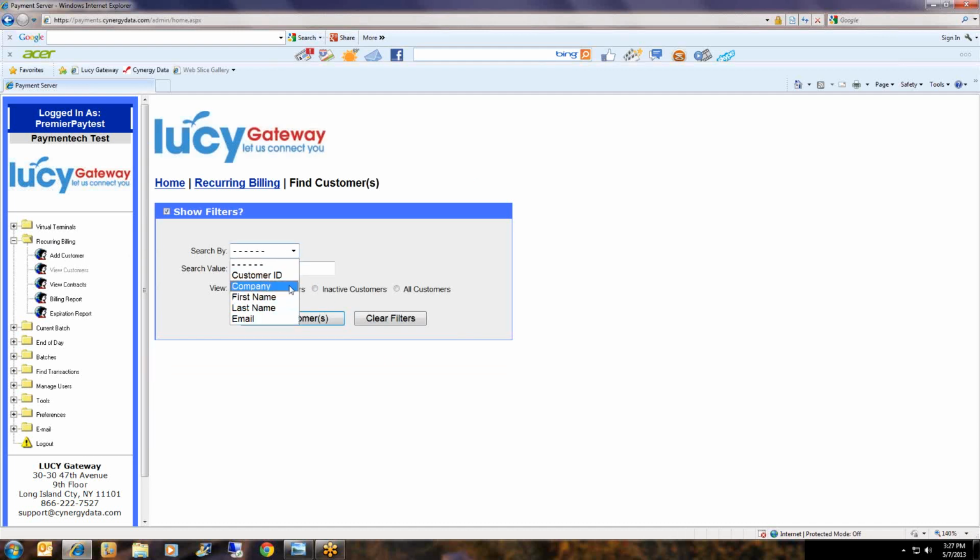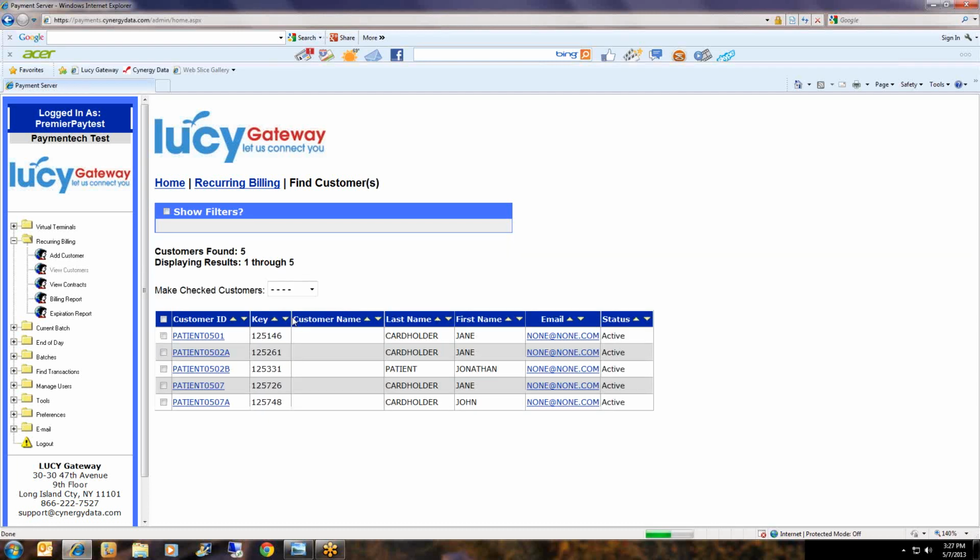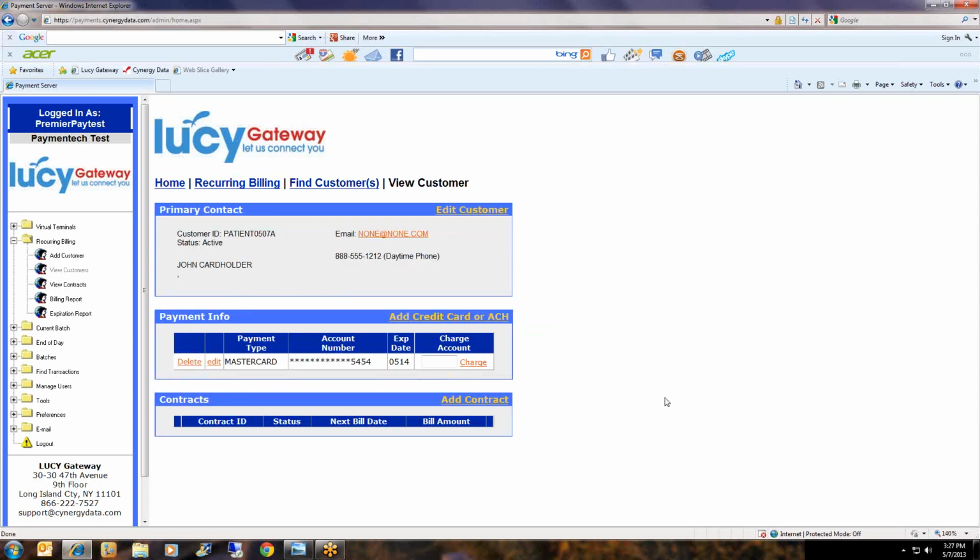However, if we have their chart number in front of us, we can search by customer ID. Now notice I'm only going to enter in a portion of the search value and click Find Customers. Any record that has that information will appear. So here we are with the correct customer ID, so I'll select it, and then it brings us back to